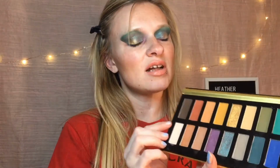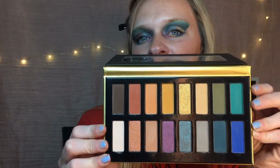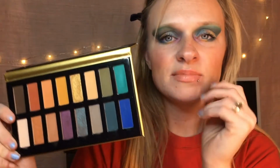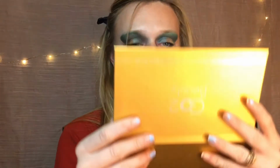And then the Chroma Bar eyeshadow palette. How did we feel about this one, guys? The color story is beautiful. The swatches came out nice. Now, when it comes to my eyes, what do you guys think? I have to say